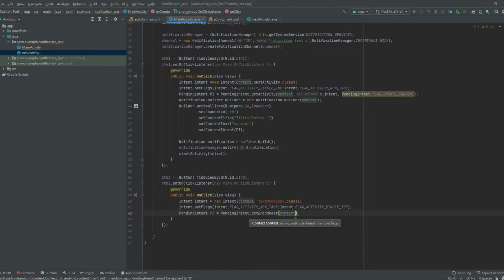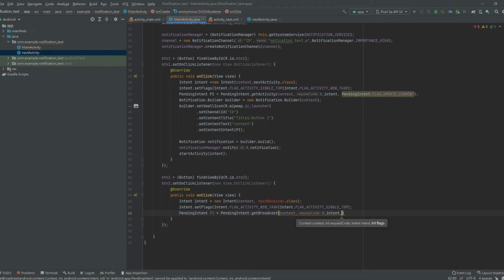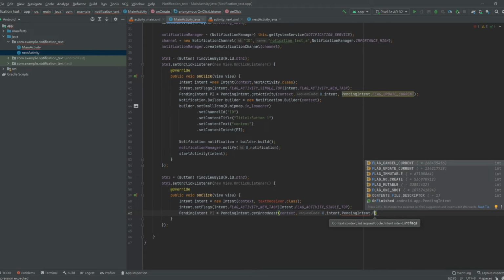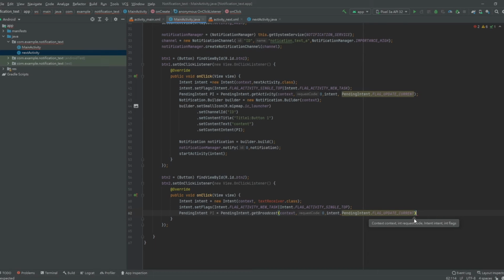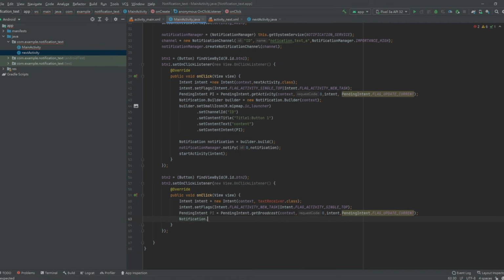and we will pass the request code 0 and the intent. So we can see the intent here, and we also need to have the flags. So we use the pending intent and have the flag update current. And to build the navigation builder,